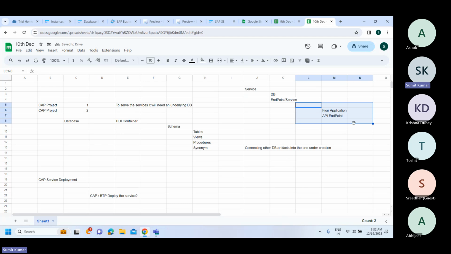It can be anything, right? Now, if I would like to go with that, then in that particular case, what we might need is that this particular API endpoint and the Fiori application should work. Now, all those things are quite secure. Okay, my endpoint service, like we said, my DB, you would have seen that no database credential was provided because my